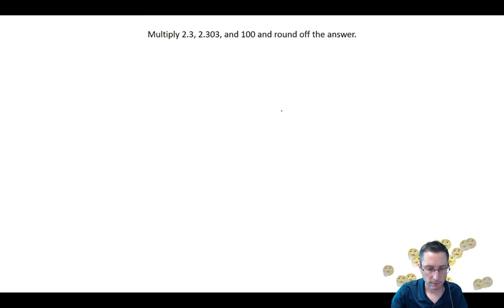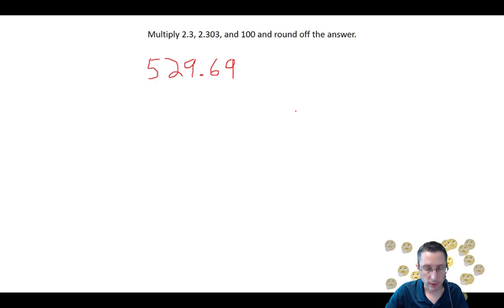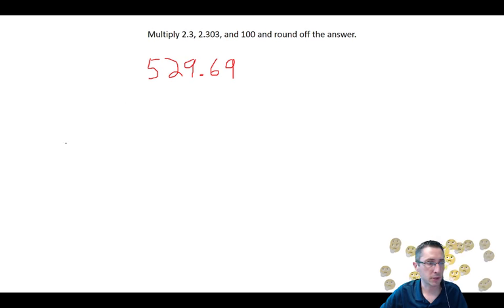Let's try multiplying because the sig fig rule is different. When I multiply the numbers now on the screen, I get 529. If you have questions on these, just pop them in the chat as we're solving them. If you have your answer, go ahead and guess it in the chat so I can get some feedback for how you guys are doing on these. I get 529.69, but obviously now I've got to round off and use my rules for multiplication division here.